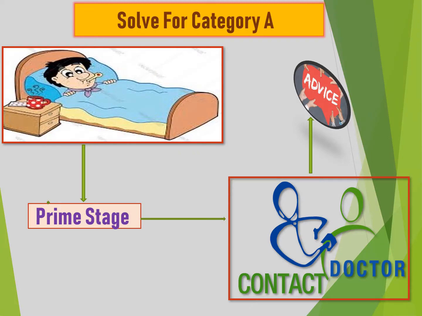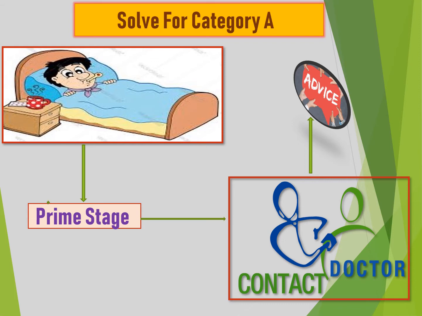Okay, now let us look at the solution for category A, that is corona attacked persons. Let us assume that it is a very preliminary stage that we observe. I mean, if someone living or staying with us is found attacked by coronavirus and feeling sick, then what do we need to do at first? The situation may differ if you are in a house along with your family or staying along with roommates in a hostel.